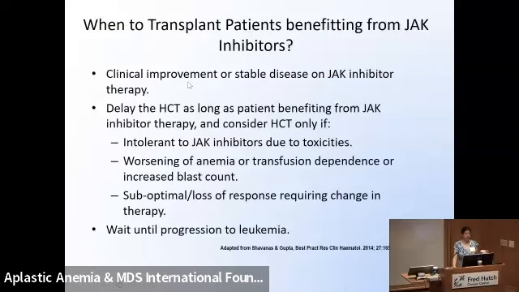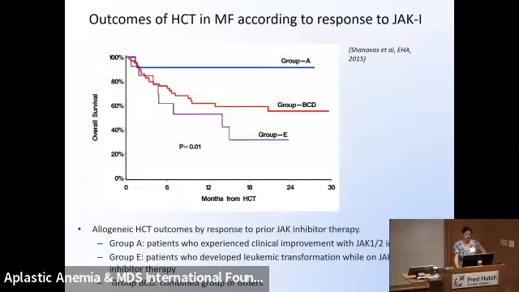One is when they have improvement on the JAK inhibitor. One is that they become intolerant to the JAK inhibitor or they lose their response. Or the third one is to wait until they progress to leukemia because they're doing so great on the JAK inhibitor. There was a study that looked at these 3 groups, and basically the answer is patients should be transplanted when they're still responding to the JAK inhibitor,